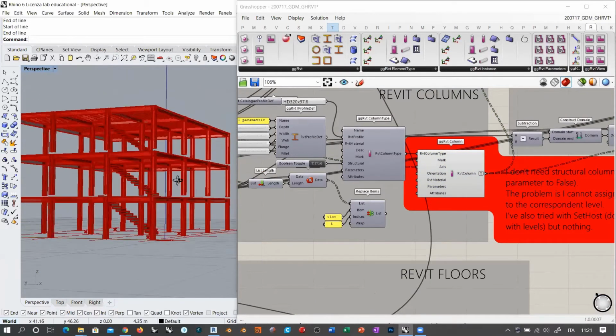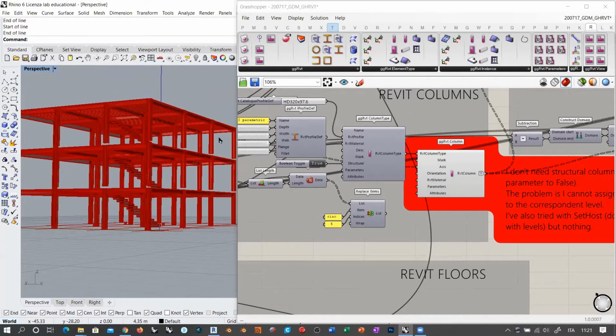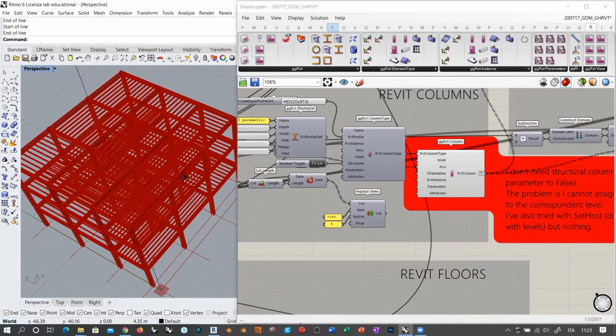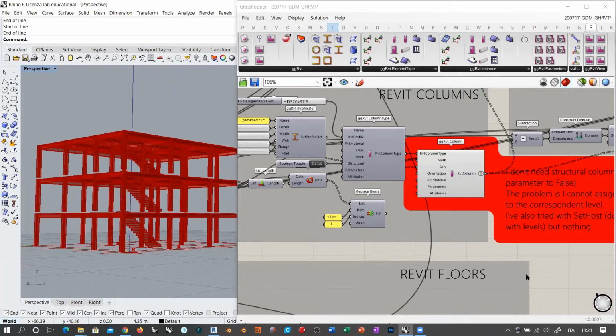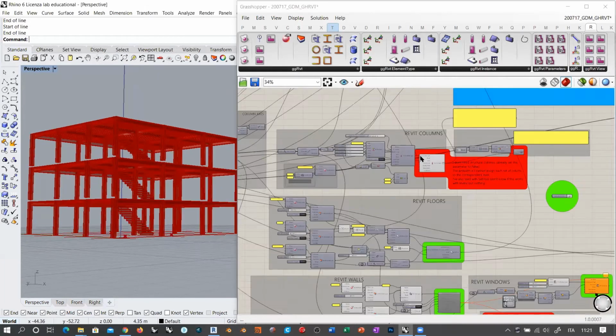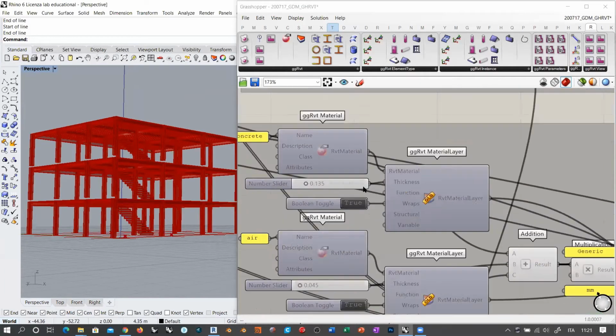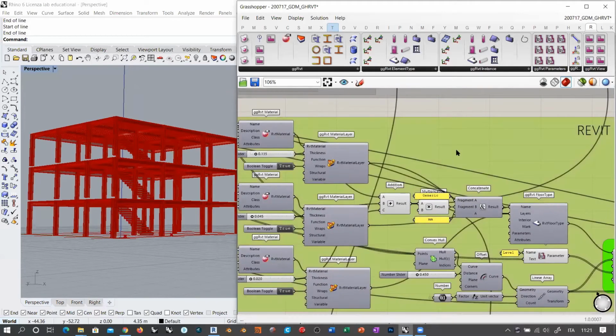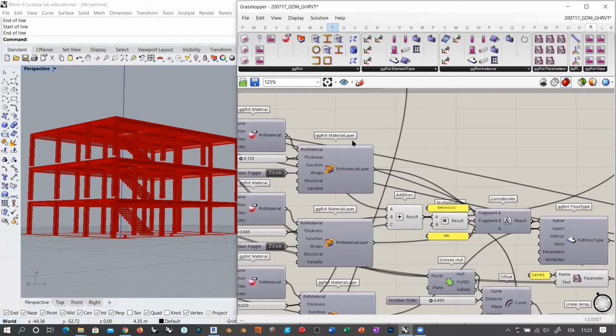Let's go now to the floors. You see that we still miss the floors here. We only have the structural elements right now. So let's go down to the floor and let's build actually with the new material layer definition that we have available. So let's build